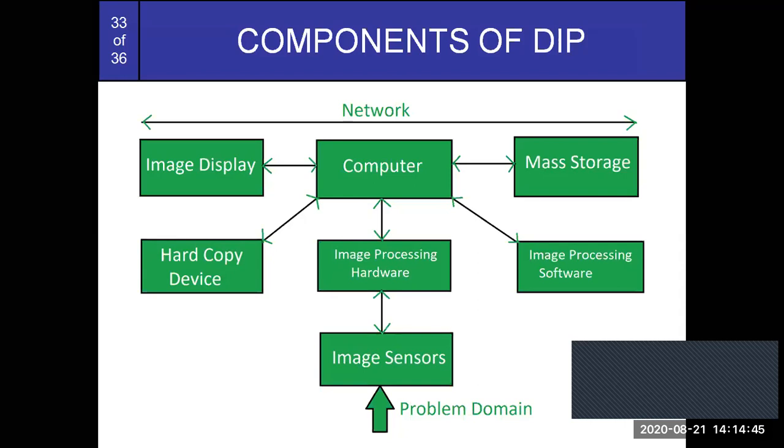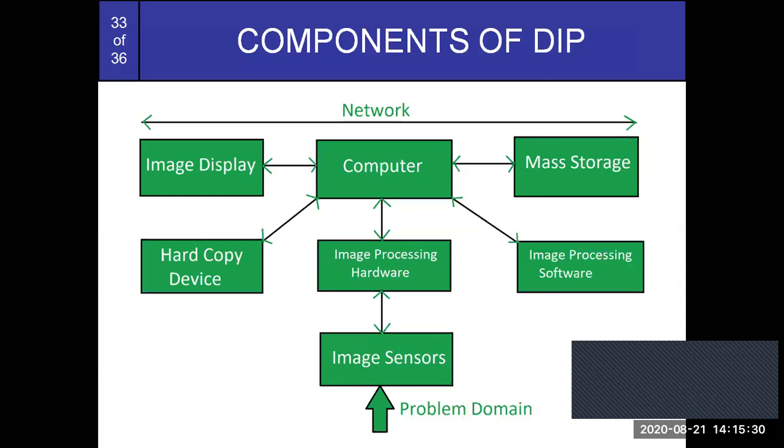from the problem domain. So after sensing the image, the output of these sensors is given to your what? Image processing hardware. So in this image processing hardware, different operations happen: mathematical operations, logical operations, image operations, all happening in this image processing hardware. So your digital filters, your DSP filters, all are arranged in this image hardware. Okay, and the output of the image hardware is given to your computer for the remaining processing.